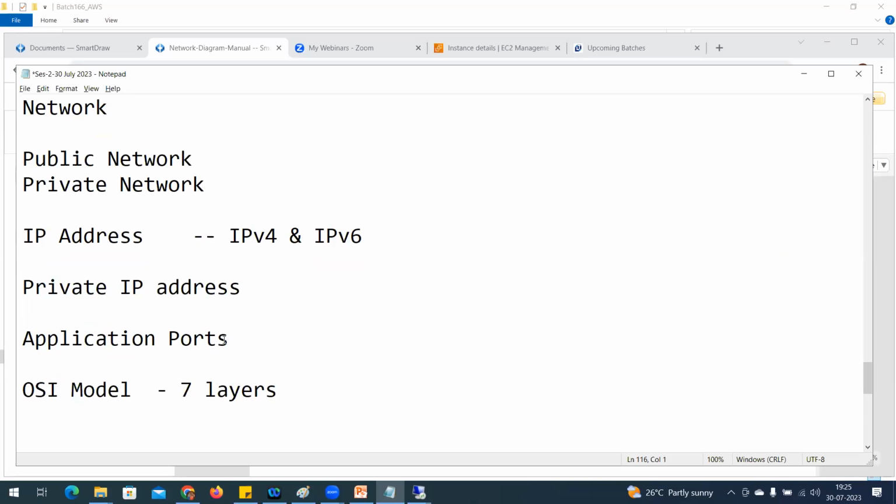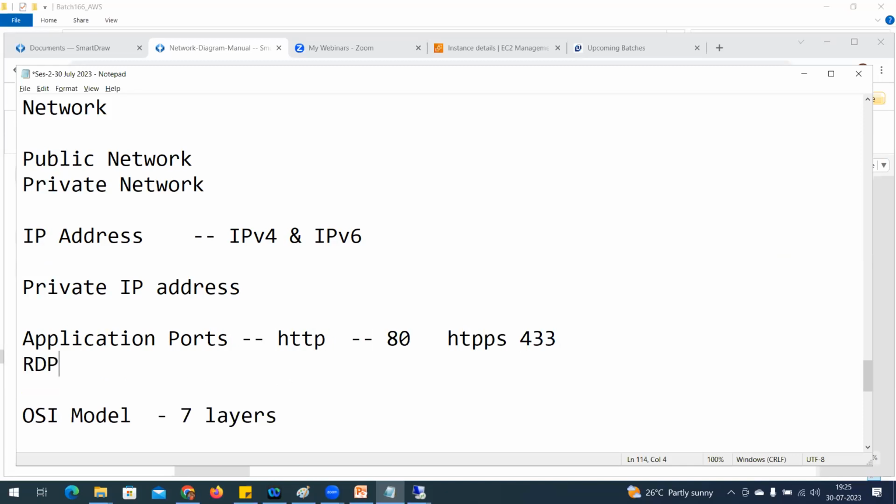You have to go through it. Okay, so application ports: for HTTP, what is the port number? It is 80. HTTPS, yes, it is 443. Now I am able to connect by RDP. What is the RDP port number? 3389, correct me if I'm wrong. You can Google the port numbers. Only through that particular port, for each IP address, it is going to establish communication. For each and every communication, it is going to have that application port information. Okay, so this is the application.